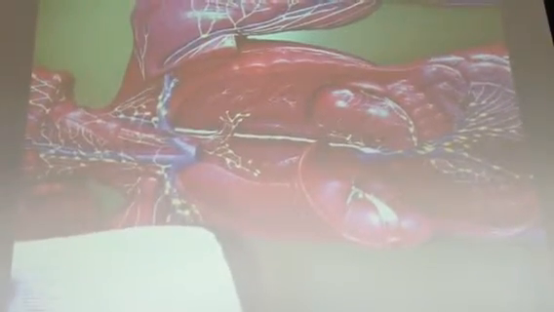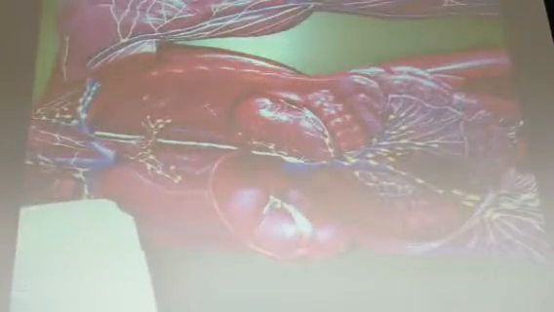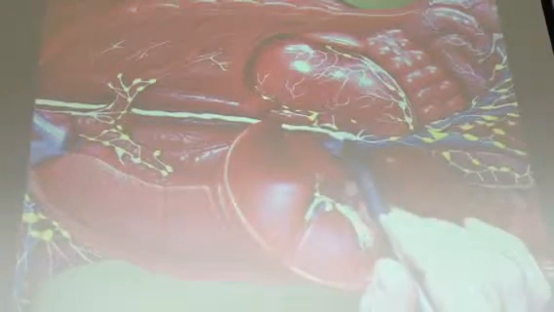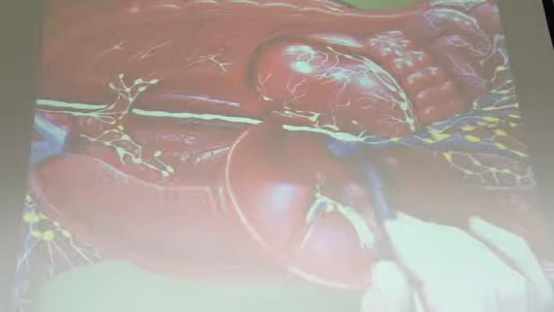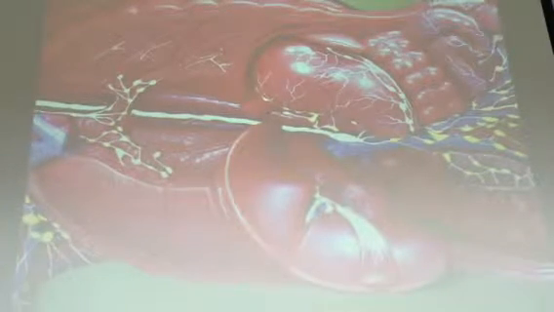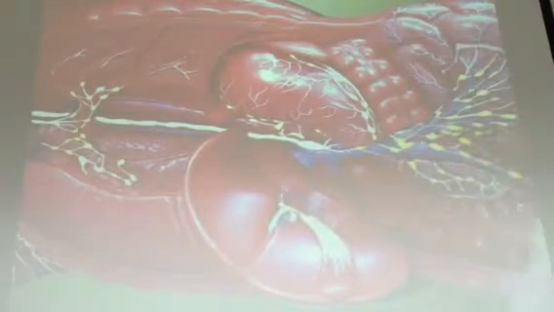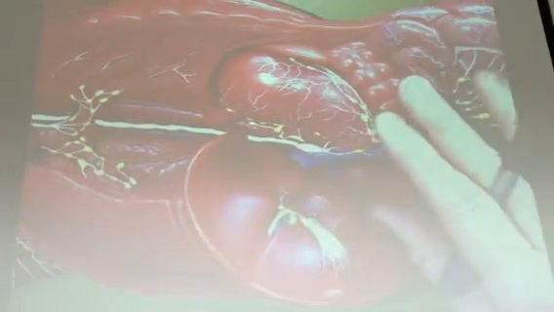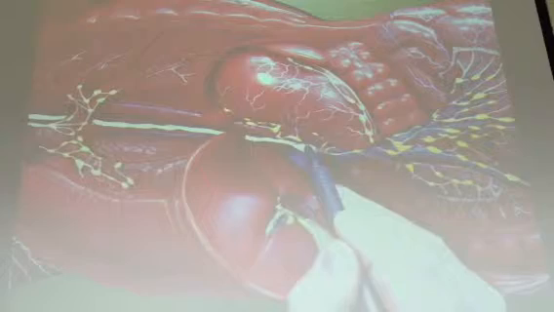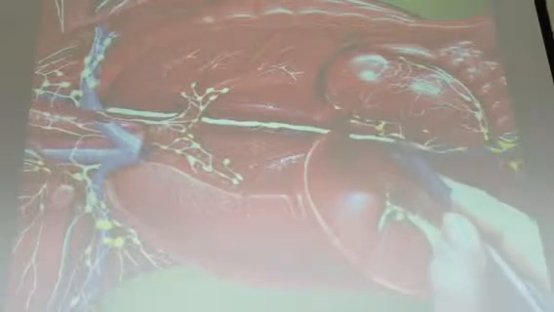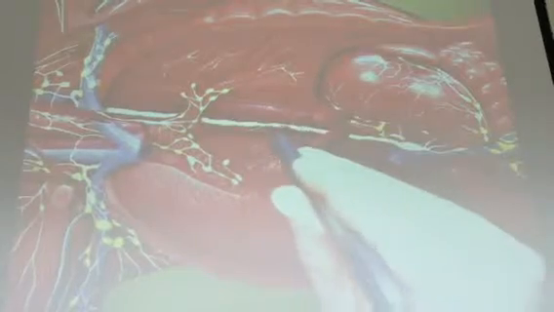Okay, starting up here, one of the first structures you should be able to identify is this starting point down here, this big dilation. And what is that? That's the cisterna. Okay, so basically all of the lymphatic vessels from the lower extremities and from the abdominal region, they're all emptying into this cisterna, and then the cisterna marks the beginning of this big lymphatic vessel here, which